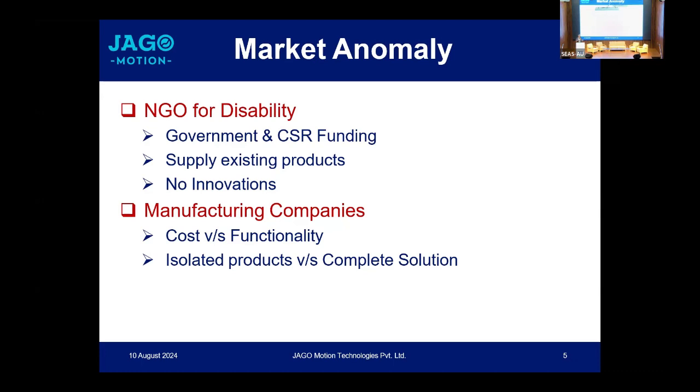So they are kind of feeling great about it. They're not complaining. They're not in a position to complain. They're simply accepting what is coming to them as a gift, which is not true. That's not the aim of the government. And that's where the gap is. So this gap needs to be bridged.